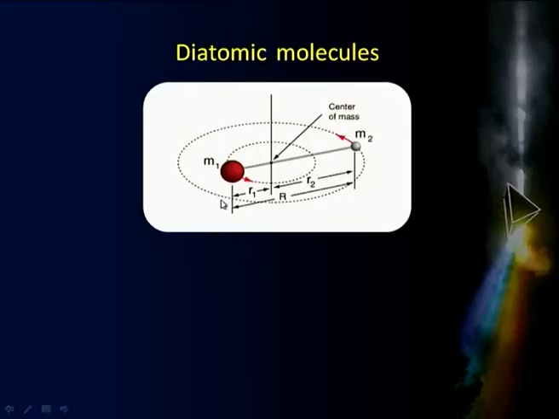So, having seen how we classify molecules on the basis of their respective moments of inertia, let us get going and see how we model the rotational motion of a diatomic molecule. Let us look at a molecule like this. You have a diatomic molecule with two atoms. Let us take atom 1 of mass m1, atom 2 of mass m2, and the distance between the two, the so-called bond length, as capital R.